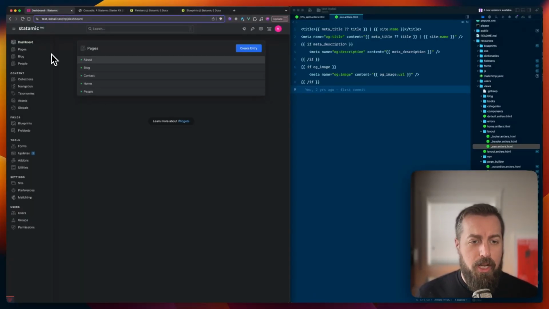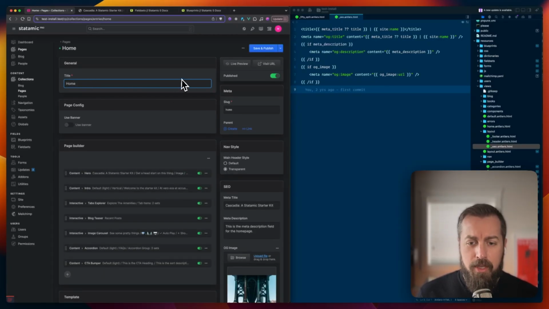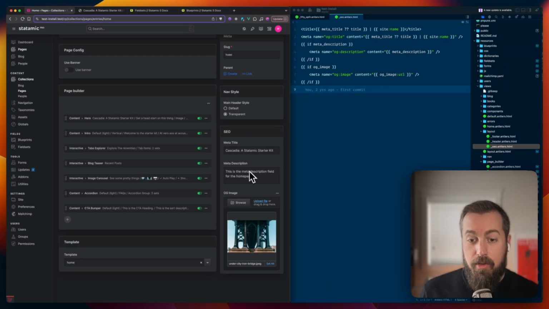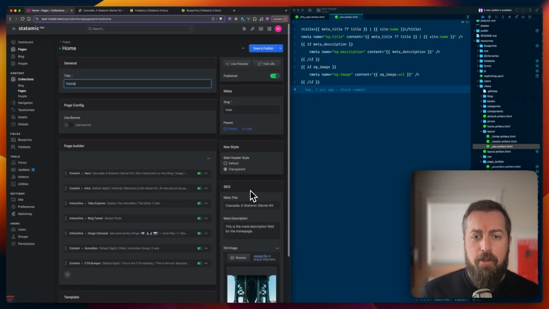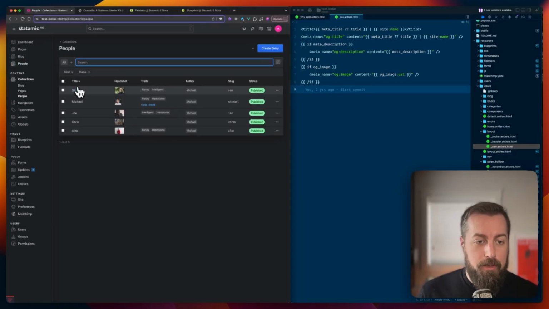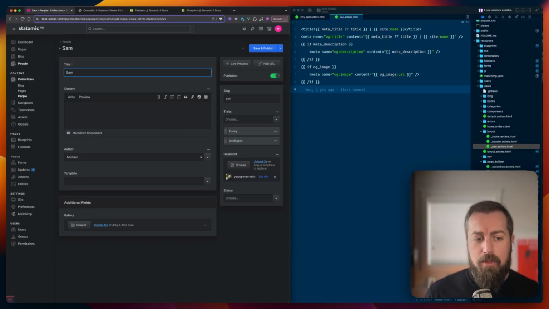So here in the dashboard, I'm going to look at my homepage, for example. And you can see I've got a bunch of different things going on here, but what I want to focus on right now is this SEO section. So I've got a meta title, description, and an image field here that will appear on every page within this collection. Now, if I wanted to add this to something like my people, so if I was to examine Sam here, I don't have any SEO fields for this collection. So if I was to go examine the blueprint,